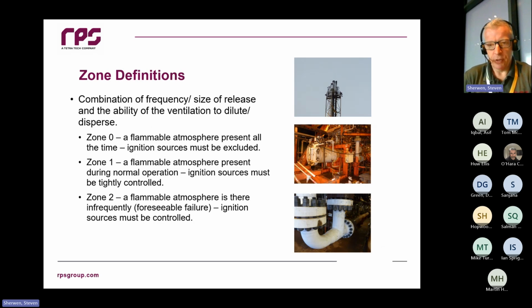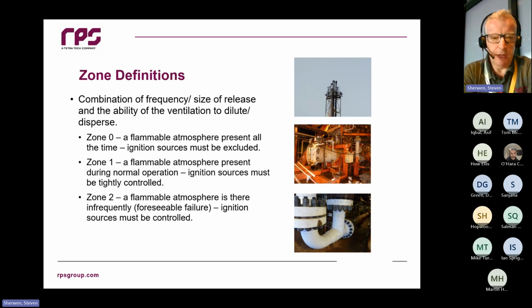So if we were in a classroom, I would ask people to tell me what the zone definitions were, but as we're online, I'll tell you what they are, but I appreciate that most of you are well aware of these. So the best zone, of course, is a non-hazardous area. A non-hazardous area is an area where a flammable atmosphere is so unlikely you don't need to take any special precautions at all. Okay, where we start getting interested is where we have a zone 2, and a zone 2 is where a flammable atmosphere formed by gas, mist or dust is there infrequently. It's basically happened because something's gone wrong. Okay, where you've got a zone 2, ignition sources need to be controlled. You can't have naked flames, you can't have hot surfaces, you can't have things sparking away.